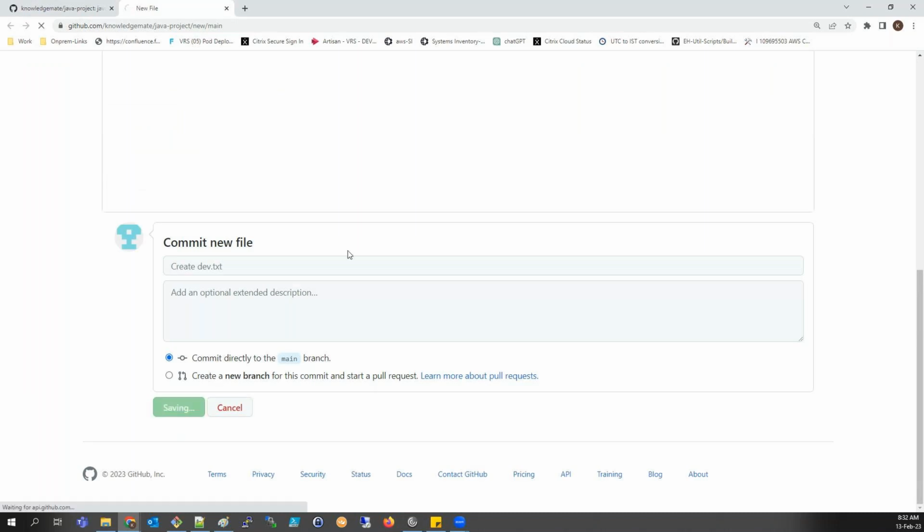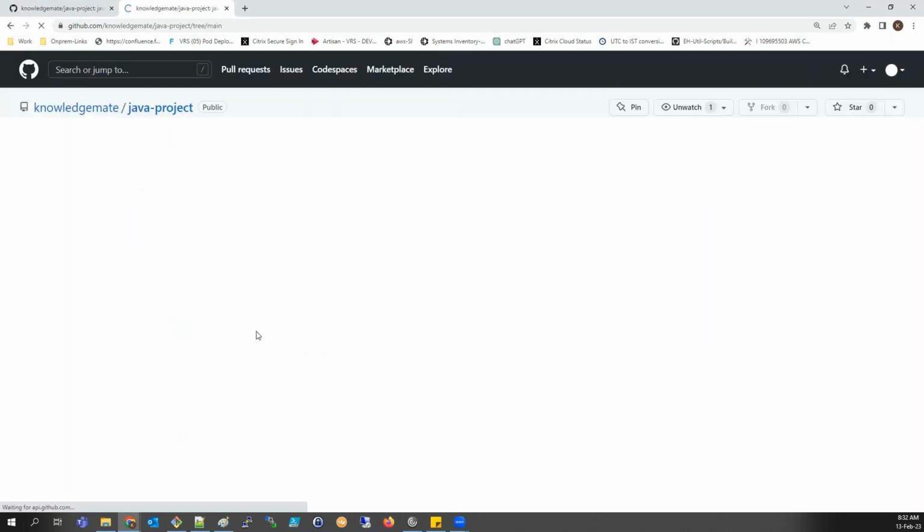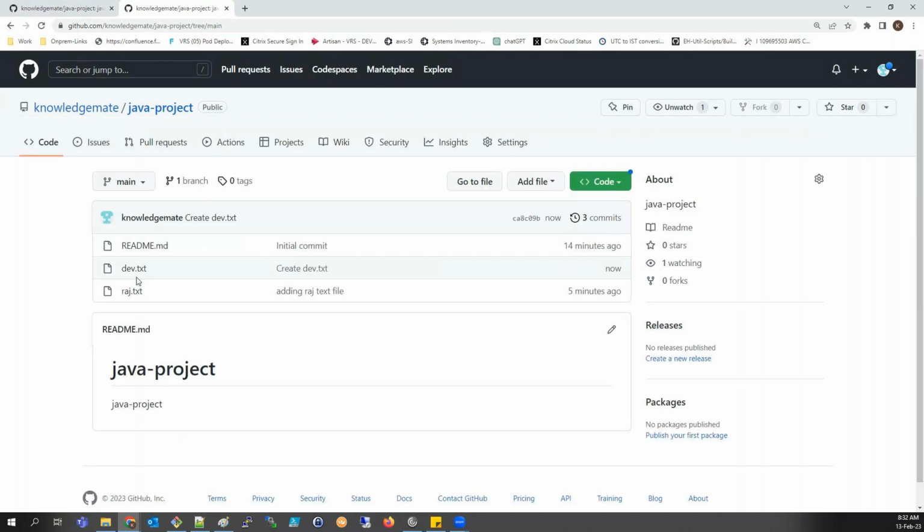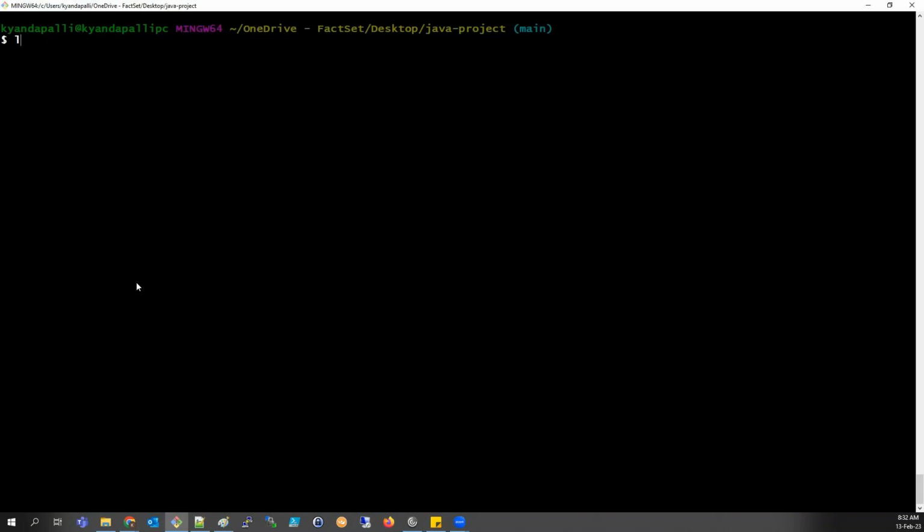Dev.txt file is added. So just compare the current location. Are you able to see the file in the current location? No, right? So no need to do clone every time. You can run git push for uploading. If you want to download any file, you can run git pull